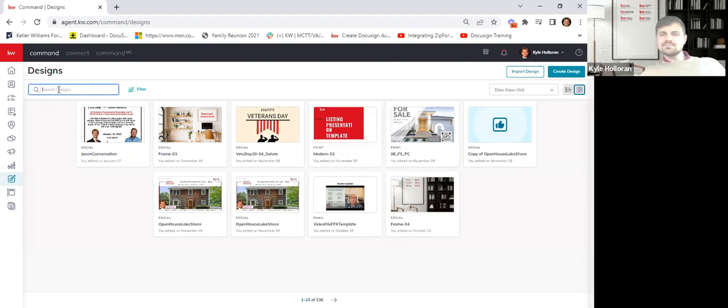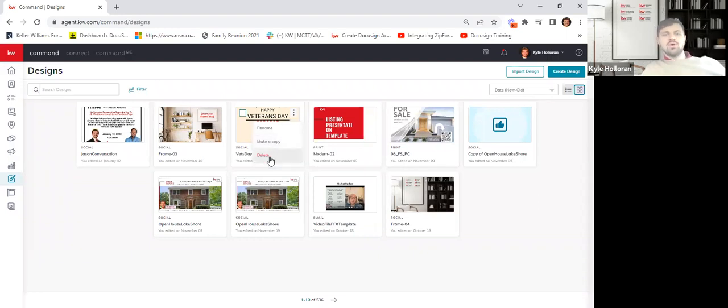Okay. If I hover over a graphic, like here's a Veterans Day graphic, you'll notice there's 3 little dots here. And I can either rename that graphic if I want to, or I can make a copy. So if I wanted to keep my original version of something and create a new version, I could do that. An example would be, I create a social media graphic for an open house. I want to keep that because I still have that listing, and I may need to hold that open house again. So I don't necessarily want to edit that one and have to restart. I can simply make a copy. And now I'm creating another graphic for 123 Main Street, right? Now I've got 2.